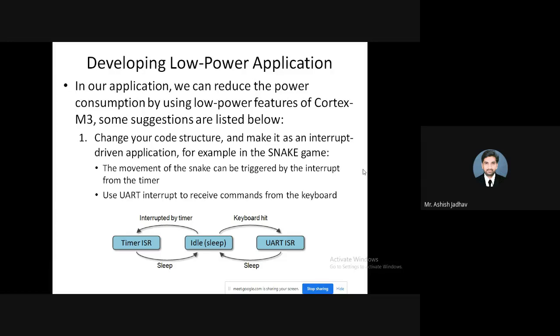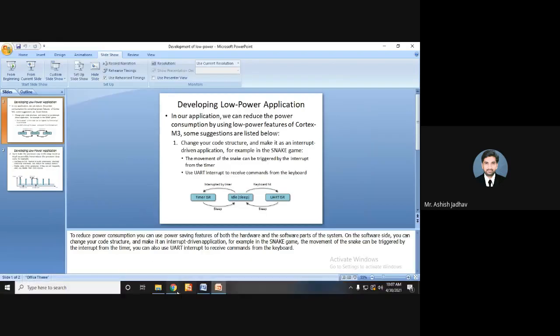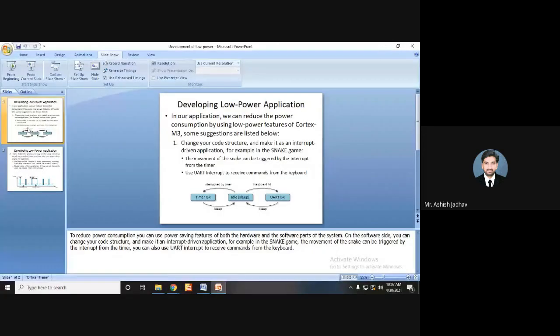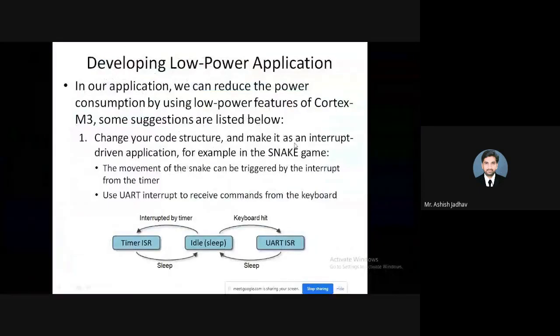Now let us focus on the development of low power application. I told you how you can do it by keeping your device in a sleep mode for maximum time. Same thing I am going to tell you here. In this application, we can reduce the power consumption by using low power features of Cortex M3.